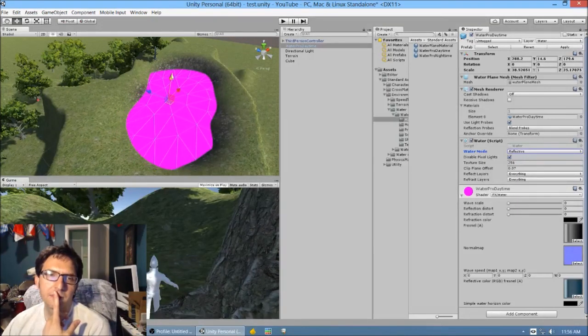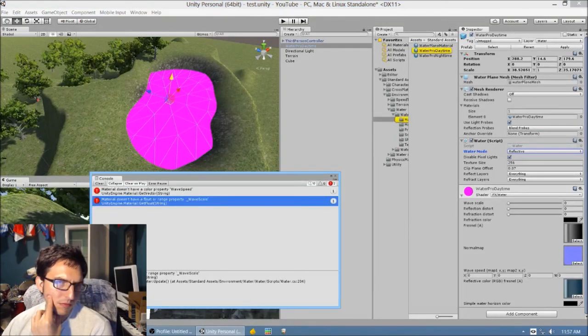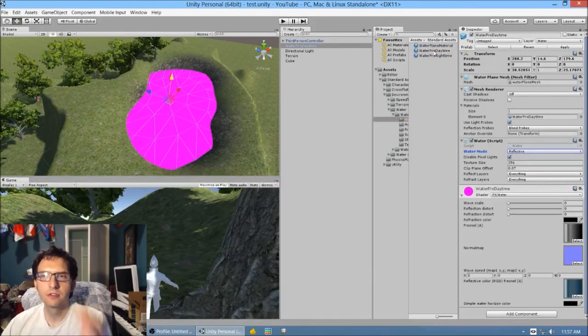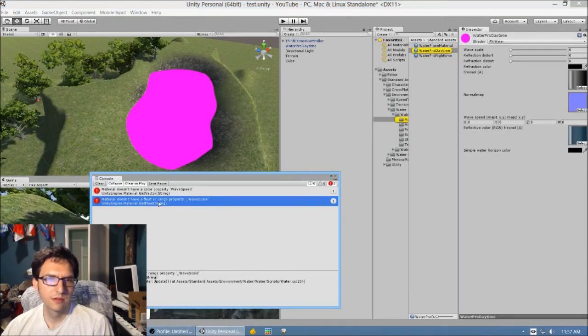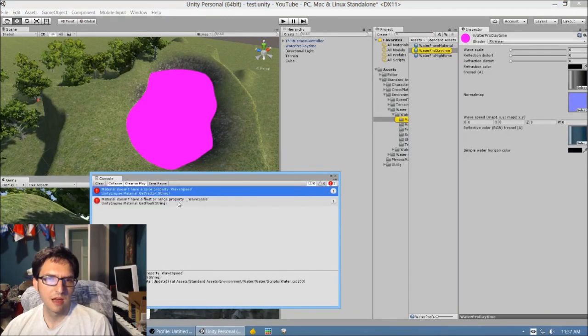You can kind of see I'm filling this, but sad days. Material doesn't have a flow. Oh, yep. So this is an error. This is fun. You guys get to see some inside baseball here. This material doesn't have the appropriate, so this is an error with Unity, a bug of sorts. So what we need to do is we need to